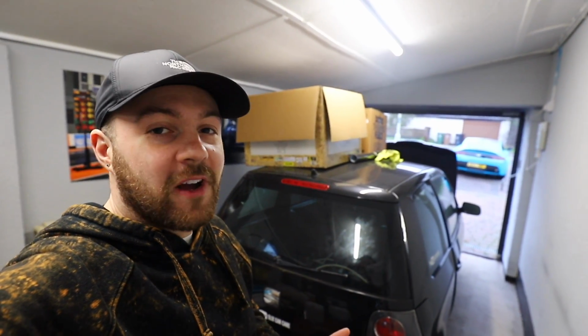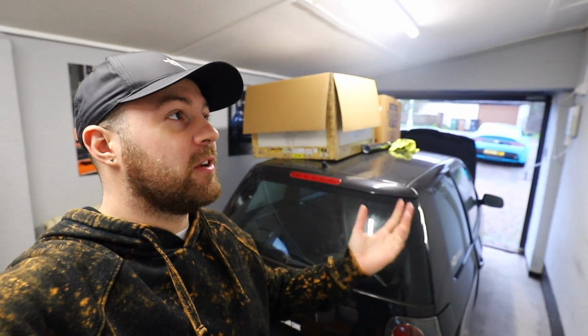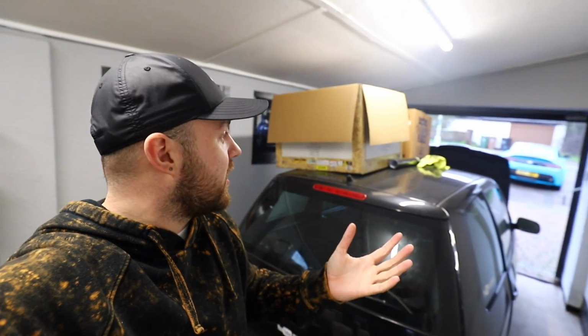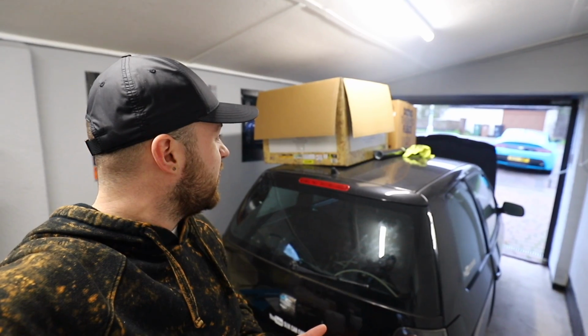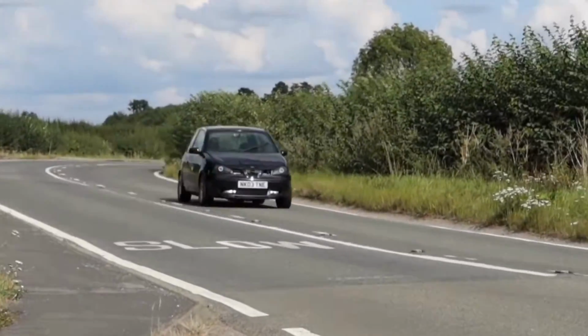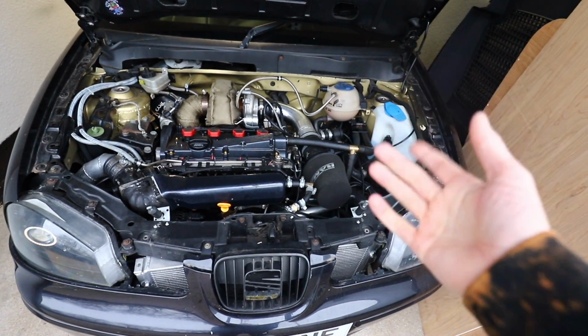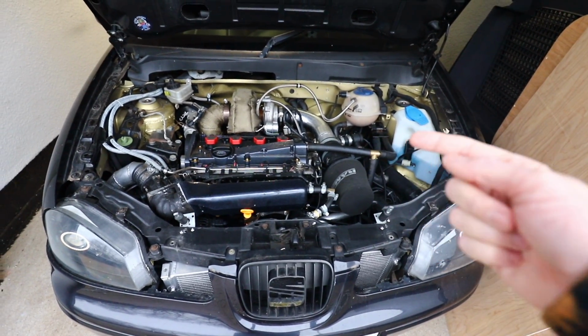And for some reason, this car has just ended up being, well, a garage shelf more than anything. I was building it in a time when it was something that I wanted, and since then my life's changed in that kind of 3-year period to a time when I've got no interest really in driving a car like this that much, so it only comes out on very, very rare occasions. And this car has probably been sat for well over 6 months now, but I think we should probably see